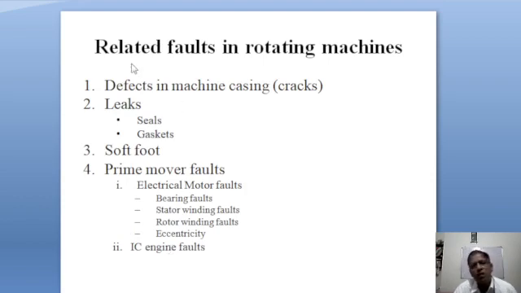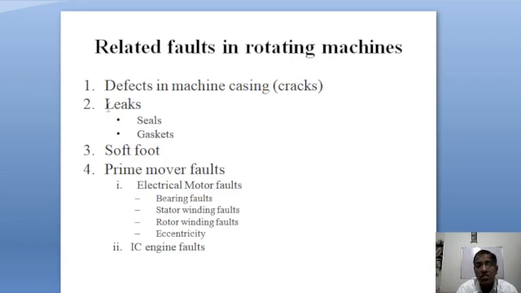Now, apart from these, there are some related faults in the rotating machine as well. And what are those? First is defects in machine casing. Casing may be cracked, for example the gearbox casing. In that casing the entire arrangement of gears and pinions is housed, and the stage-wise speed reduction is there in the gearbox. So there may be a crack in the casing,